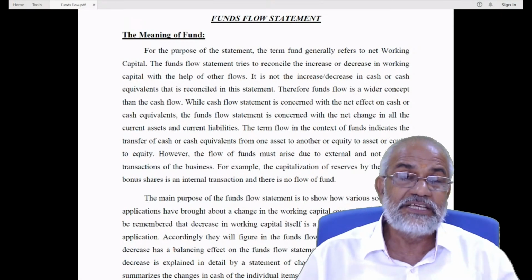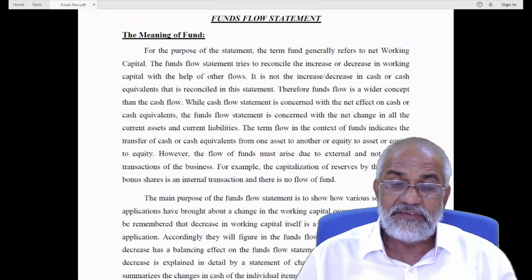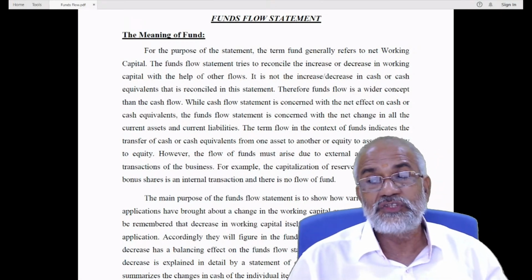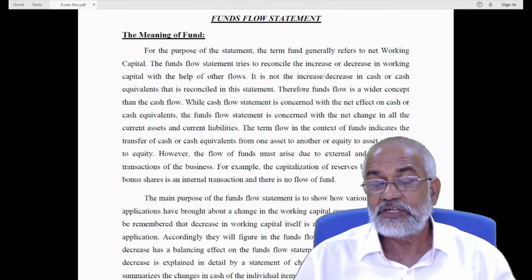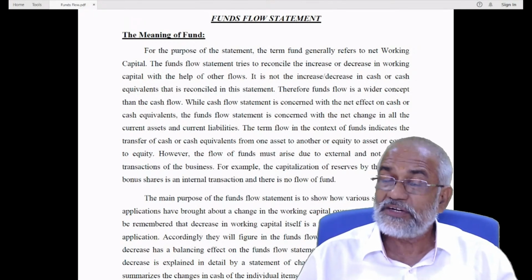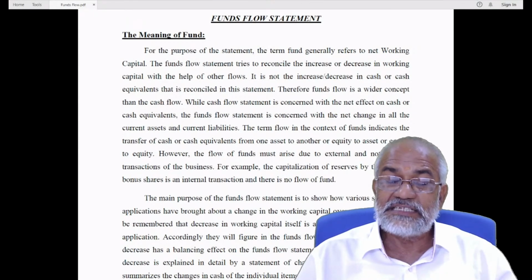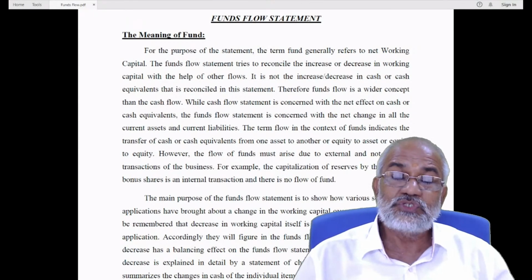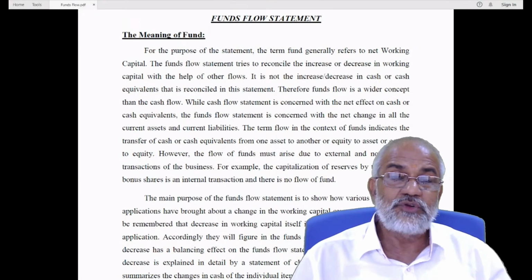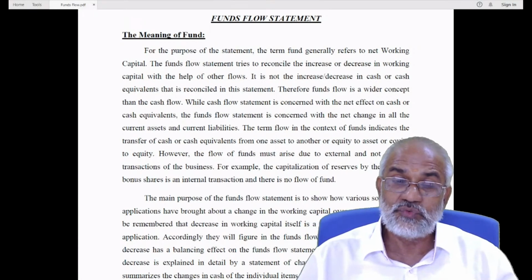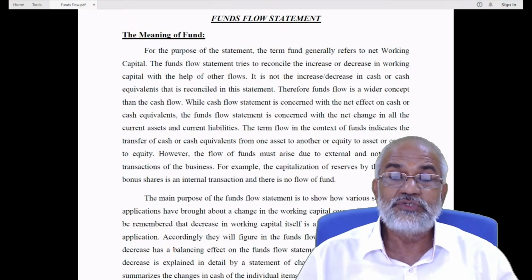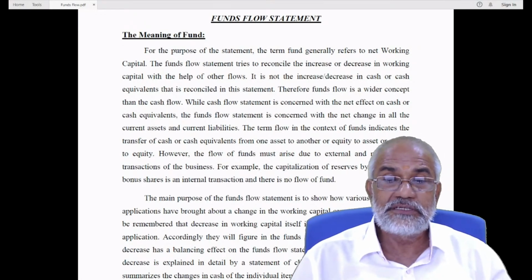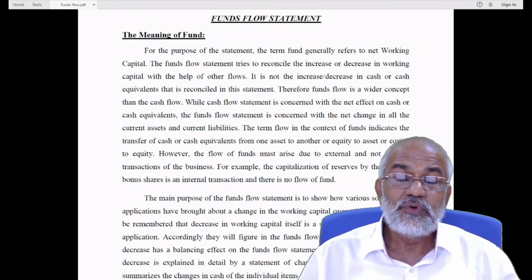Similarly, for liabilities, current liability, and if it is not a current liability, all other liabilities are to be regarded as non-current liability. What is a current asset? Current assets have three characteristics. Current assets are those short-term assets which are to be converted into cash or cash equivalent, or which are to be used in the process of production, or which are to be consumed within one accounting cycle or within one